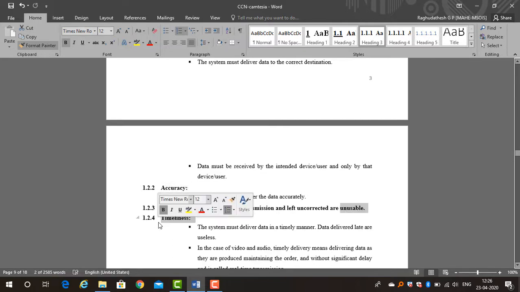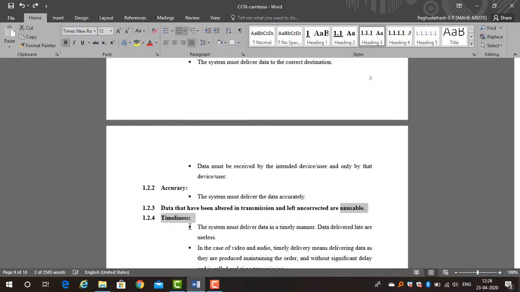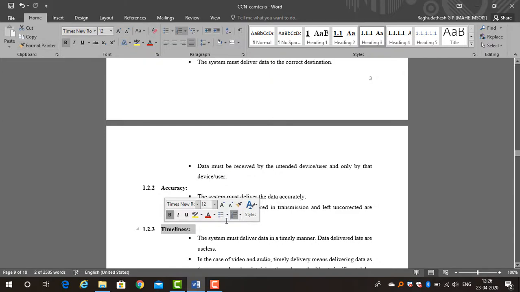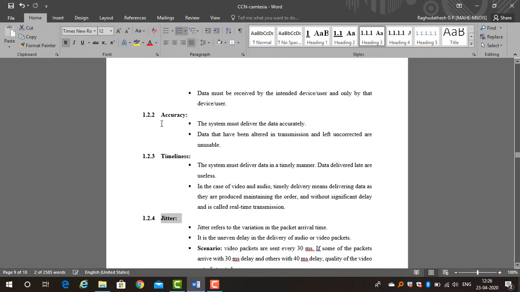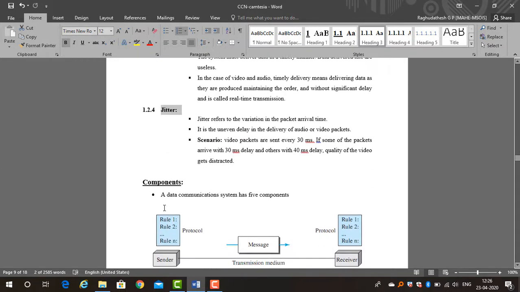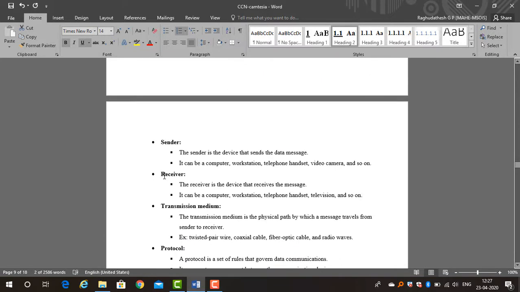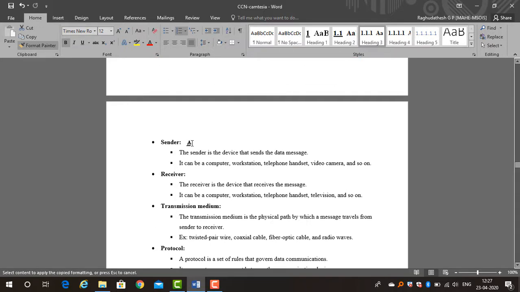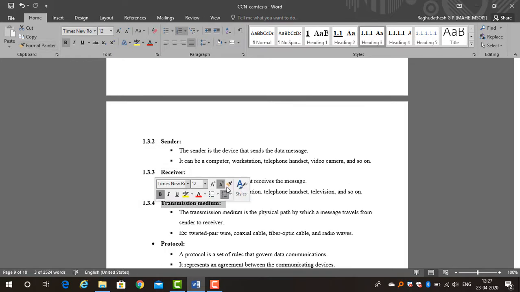So brush. There are 2 ways guys, either way you can do. Just brush the number or section we want to create. So see 1.2.2, 1.2.3, 1.2.4. Now this is the second level, so section heading, so 1.3. Again in that third level, that is 1.3.1, so brush it. So in no time you can create these subsections.